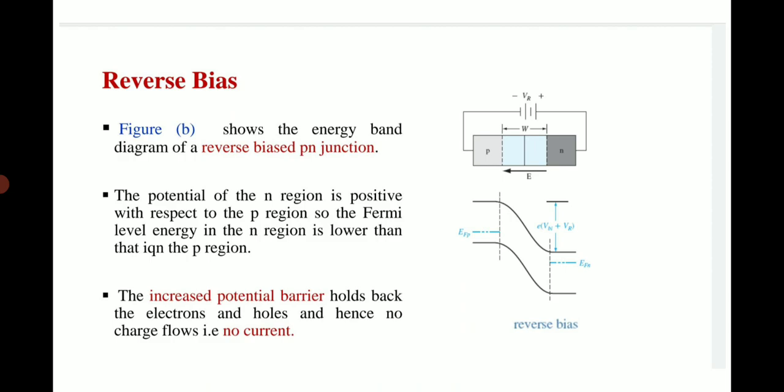That P region is connected to the negative terminal and N region is connected to the positive terminal. That's why this PN junction will be the reverse bias PN junction. Reverse bias PN junction. होतंय काय आता की P region मध्ये मायनॉरिटी कॅरियर आहे इलेक्ट्रॉन्स